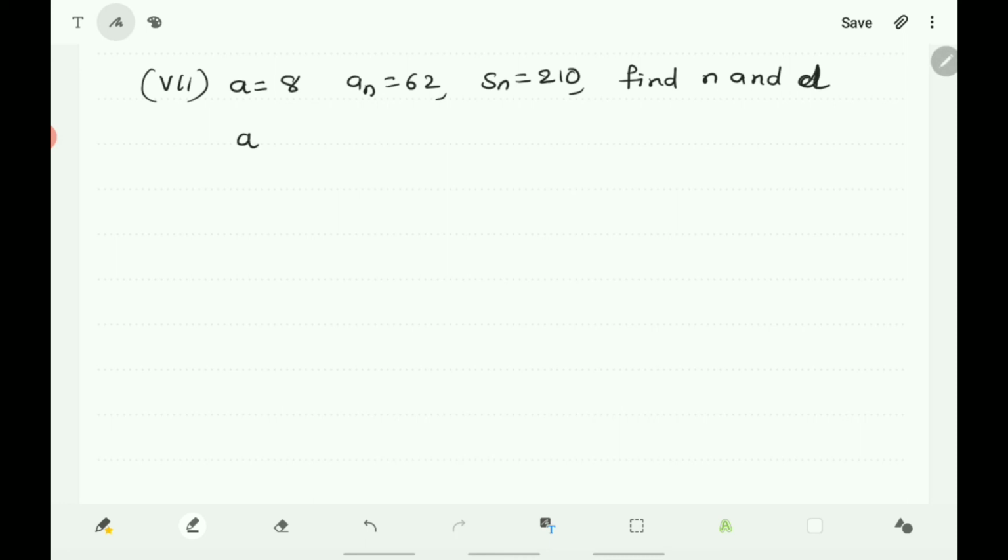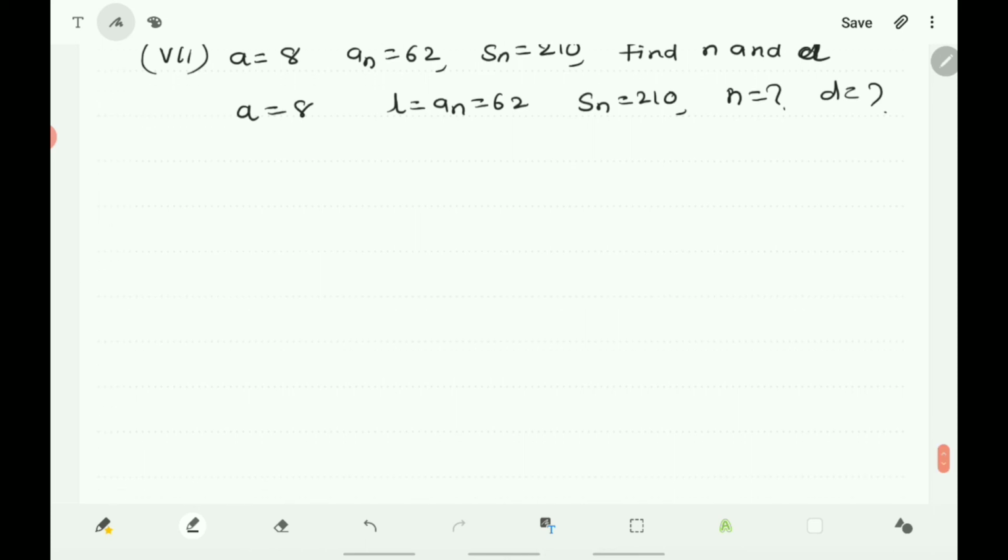So you write a is equals to 8, and here an is the last term, that is l is equals to, an is equals to 62, and sn is equals to 210, and here n is equals to question mark and d is equals to question mark. Then you write Sn is equals to